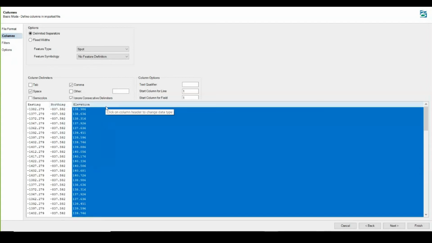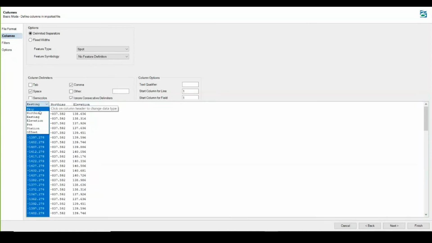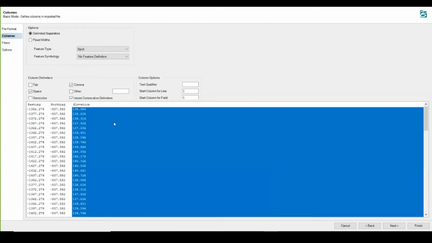So instead of taking them all, you have the option to skip those columns. To skip any column, simply click over it and assign the column mapping as skip. Okay, so I have assigned easting, northing, and elevation.